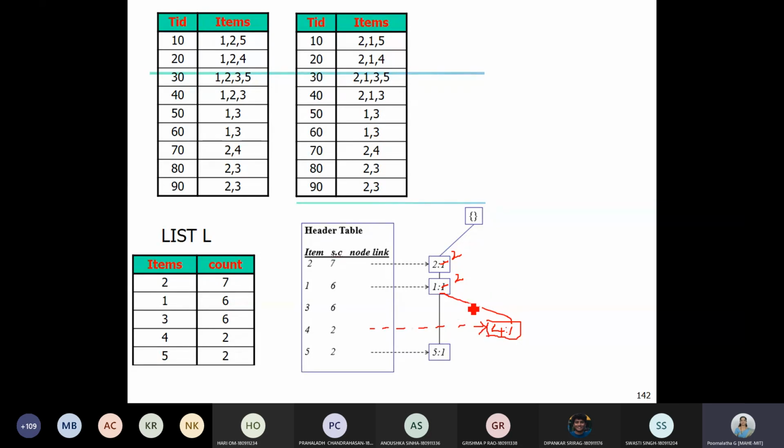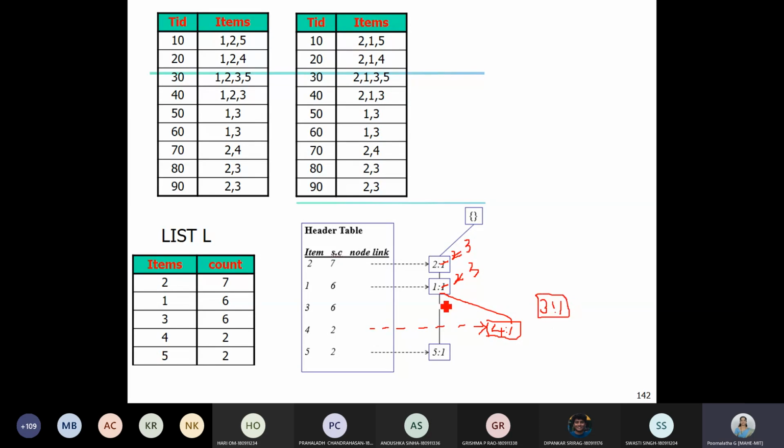Next we have 2, 1, 3, 5. So again we have 2 here, increment the count of 2. Below 2 we have 1, increment the count of 1. Then there is a 3 here, and we don't have item 3. So create the item 3 with its count as 1.